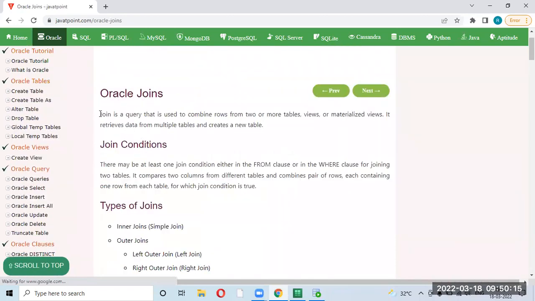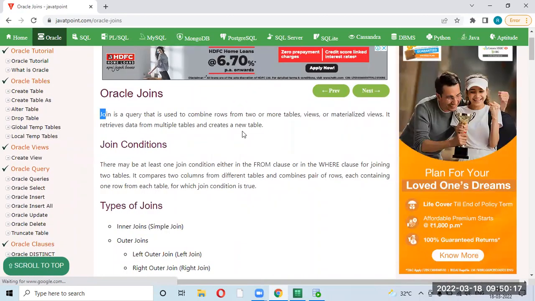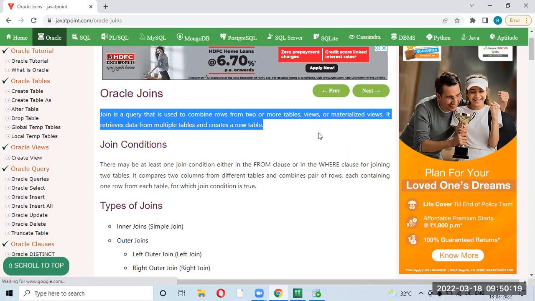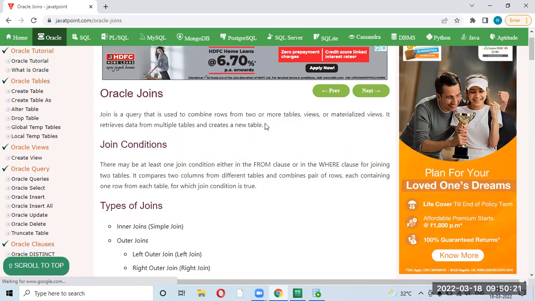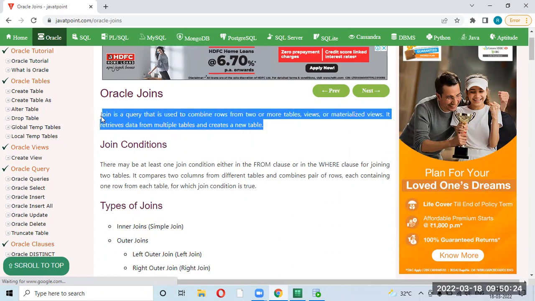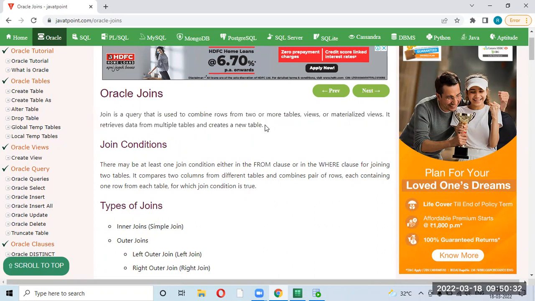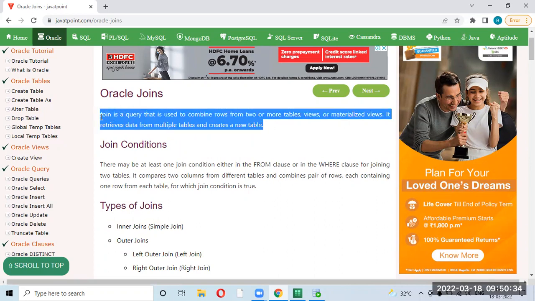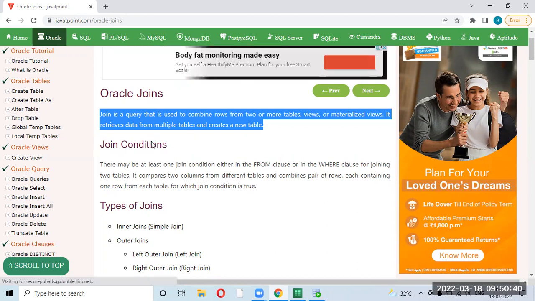So what does Oracle join mean, first of all? As you can understand from the meaning, you are trying to combine two things. You are joining something. It is different from the set operation. In set operation also you are trying to combine something, but this is completely different.